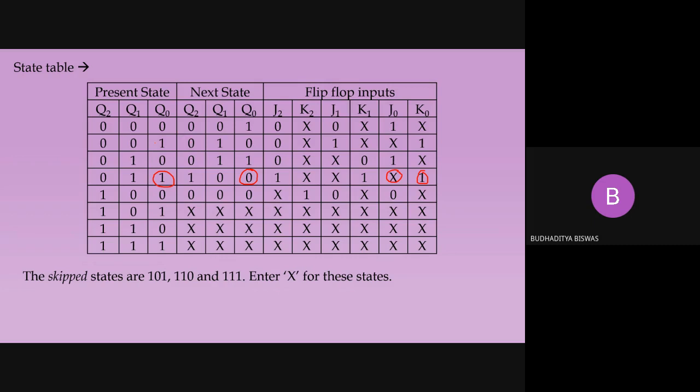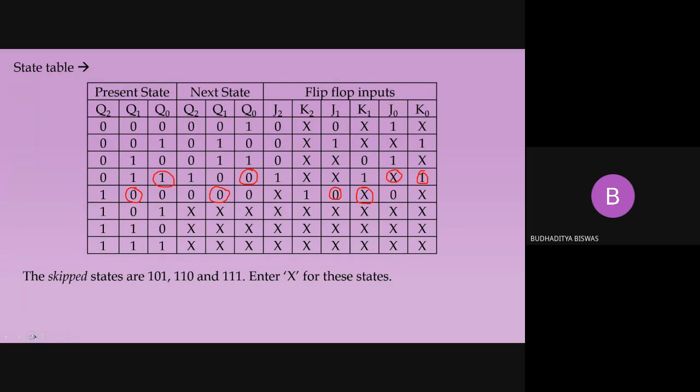And when you fill it up, you just need to remember from which transition to which transition it is taking place for which flip-flop. Suppose this is for Q1. So Q1 equal to this one, Q1 equal to 0. And here, in the next state, you need to look at the Q1 only. You don't need to look at the Q0 and Q2 value. So this is a 0 to 0 transition, and for the 0 to 0 transition, we know it's equal to 0, don't care. So that's why in the corresponding input, it should be 0, don't care. So don't forget to write it in the proper place.